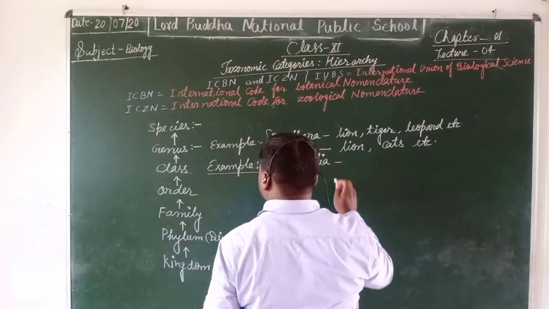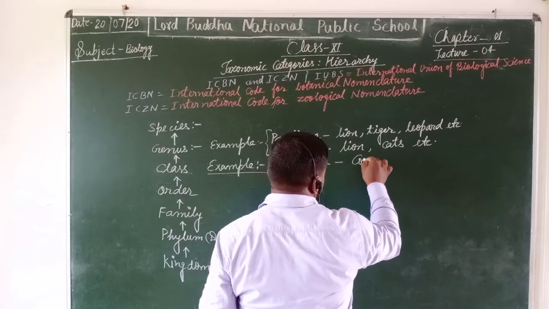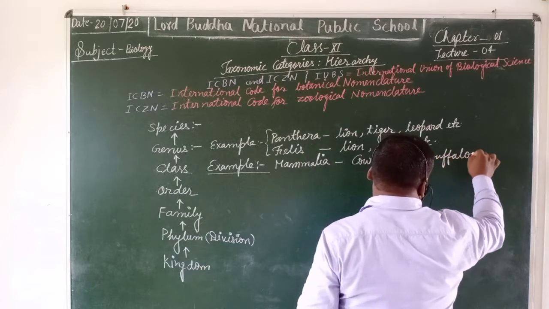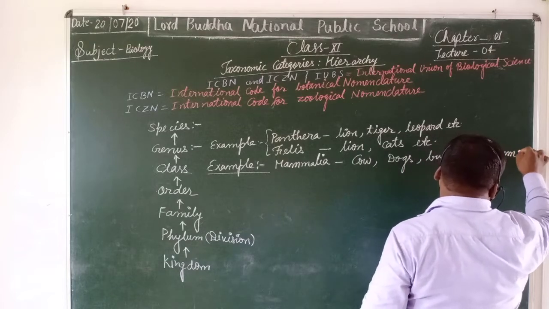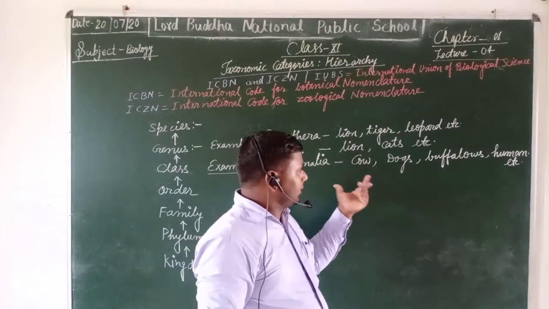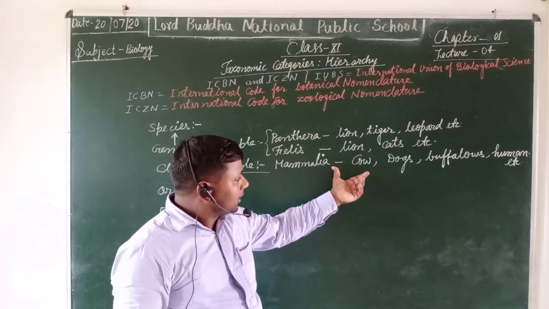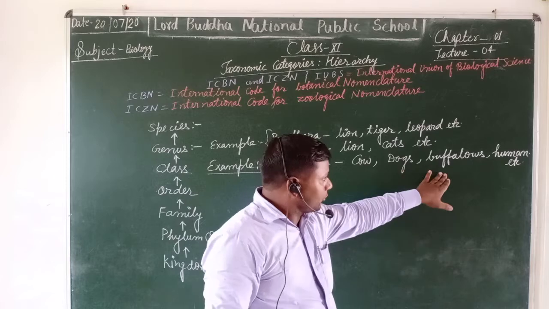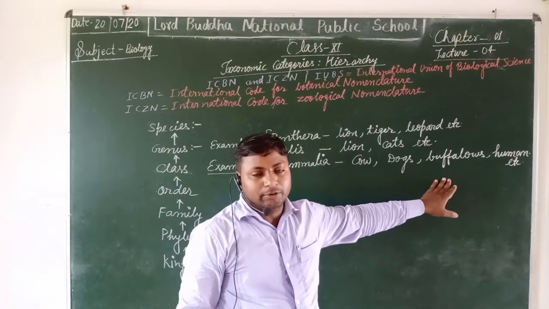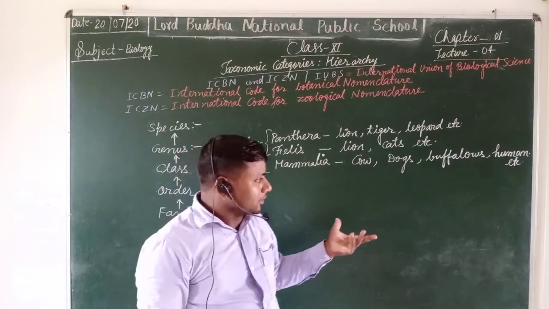Now students, class Mammalia includes the animals such as cow, dogs, buffaloes, as well as human. What are the common differences among them? They are vertebrates, and in cow and buffaloes we can say that these both are total herbivores. They intake their nutrition by consumption of plants and plant products,